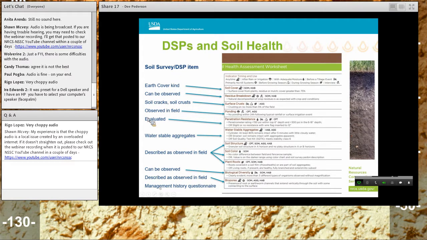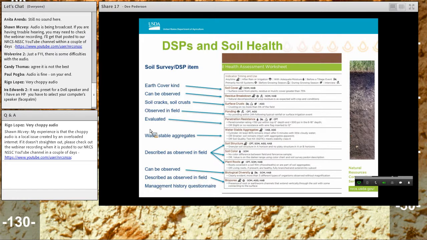on the left-hand side. In addition to DSP measurements, the DSP project sampling collection methods include the completion of the state or national soil health assessments. So it's evident that DSP data collection aligns with the Soil Health Division soil health assessment. And if you just look at this comparison, most of the soil health assessment items are described by routine soil survey